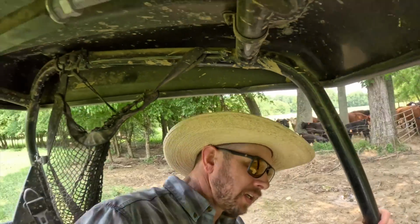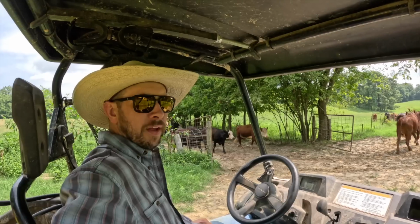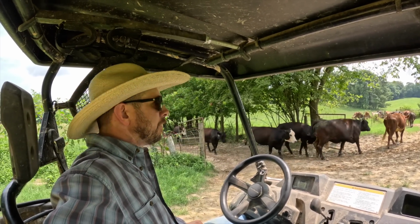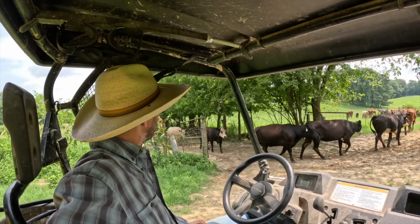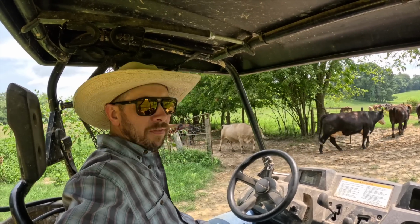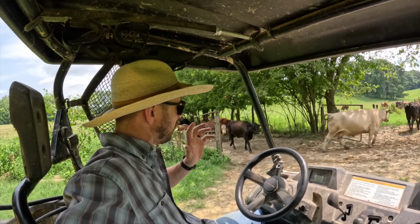Just slowly covering everything a little bit at a time. They're cooperating pretty well. They know the routine, they know the way around. I don't know if they're smart enough to think to themselves, hey, all the warm season grasses are in here. That fescue's not too great to graze right now. They probably don't get that deep into thought, but